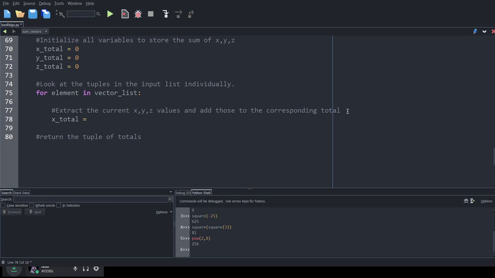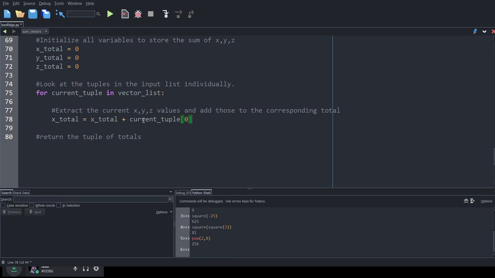Actually, I'll do equals x, and the next one I'll do plus equals. Both of them are perfectly valid. And the current thing that we're looking at, actually, I'll change the name from element to current tuple. You can name these whatever you want. Oftentimes, people will use I because I is nice and short to type. But if you have a descriptive name, it'll be nice and clear to you what is going on.